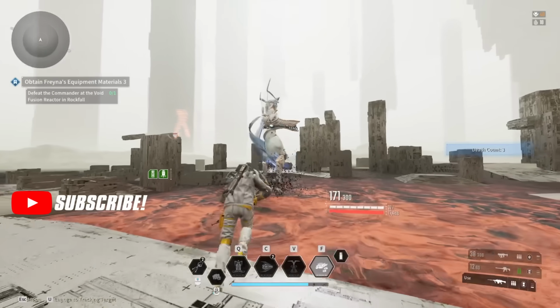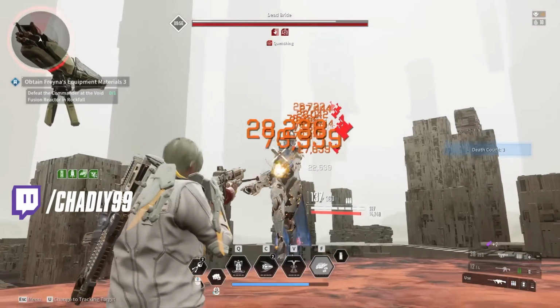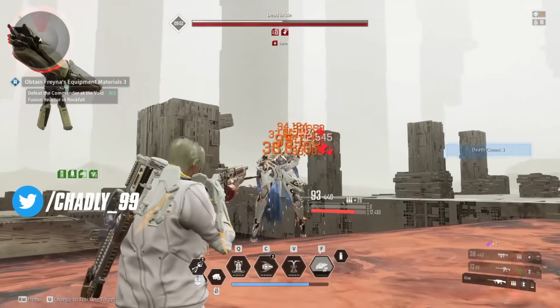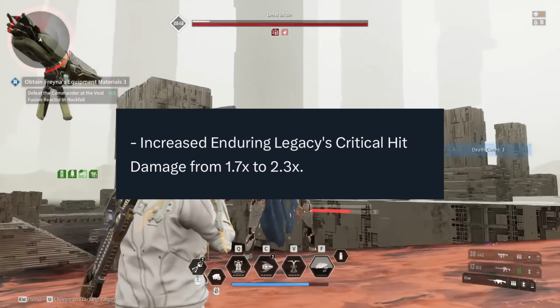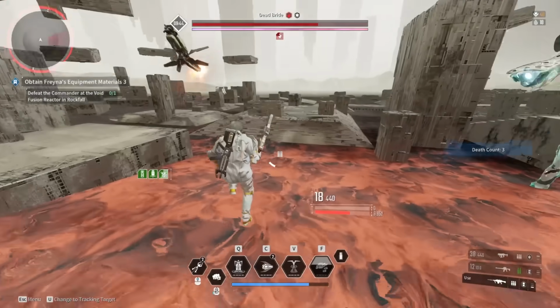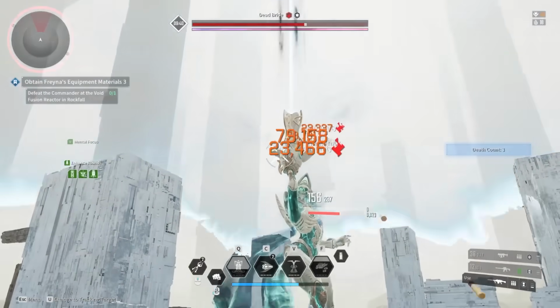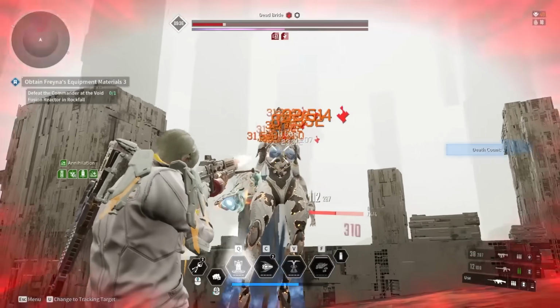So you guys should know by now that I'm a huge fan of the Enduring Legacy, and today it received an absolutely massive buff. It brought up its base critical hit damage from 1.7x to 2.3x, and this is massive at the end of the day for your final multiplier once all of your mods are installed. So before I was sitting at about a 5.6x multiplier as my final number, and now I'm up to